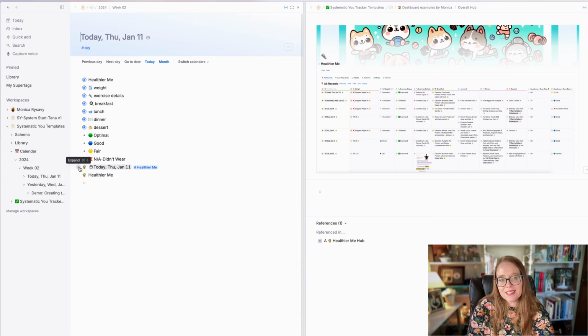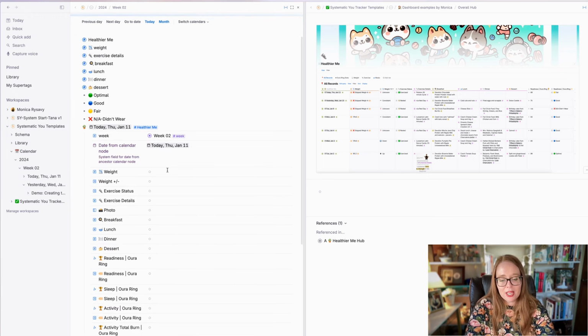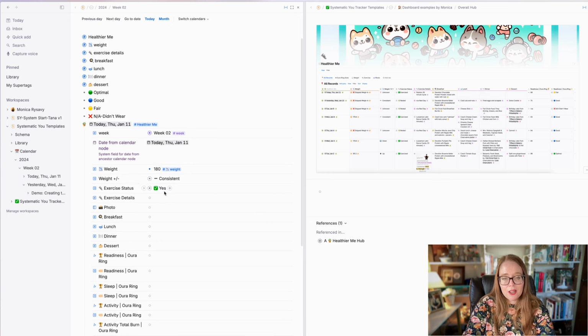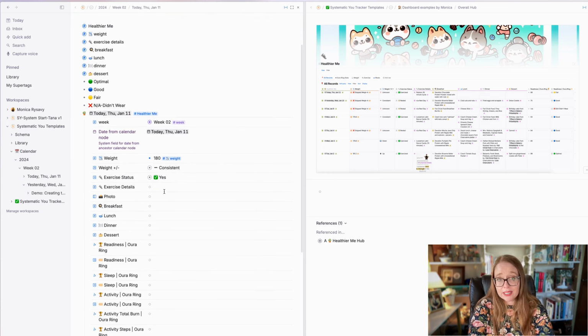Now, in order to have this kind of show you what it's supposed to look like, it's helpful to have some data filled in. So I'm just going to put in a random number. I was most recently 180. So I will add that. I was consistent most recently. My exercise details, yes, I did exercise today. And for me, I'm going to add in my first exercise to this template. So I did Peloton